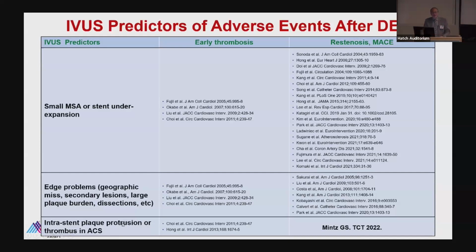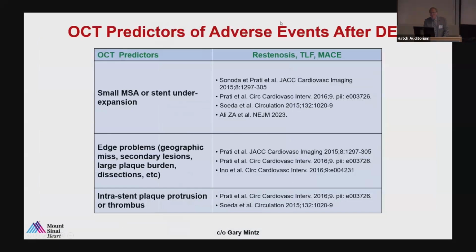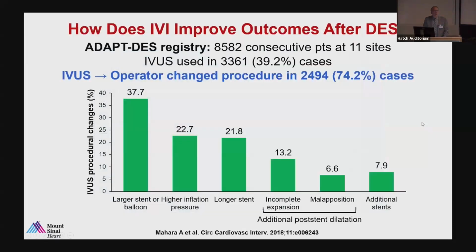And again, you can't see these things with angiography. And we have the exact same 3 predictors with a dozen studies that have been done with optical coherence tomography, and we'll be presenting the biggest such study at the TCT meeting in about a week. Now, we looked at this with a large registry that we ran called the ADAPT-ES registry, which is a multi-center